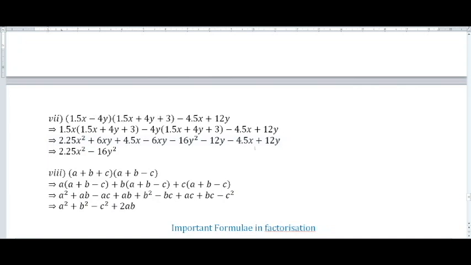chuan hei angai kan la sik thale ta ni chuan x square nei dang pakhat ma lo hei hi chu ngai kan la sa ta 6xy hi time plus ani helai minus ma kan kan tuk se te so 4.5 x hi he te minus plus kat tu to om le ta bu ka then 12y hi kat tu to hi te hi te ka kat te plus minus along to minus 16y square che mo then 2.25 x square minus 16y square ha ha answer to mai ta ni and some number 8 and a plus b plus c